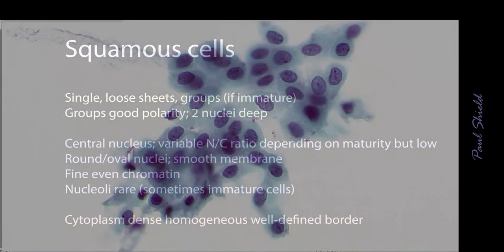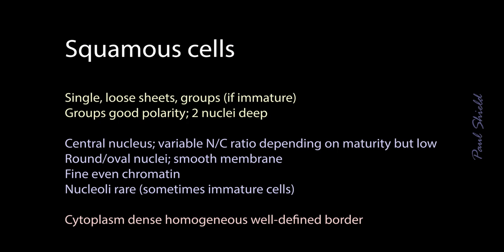So in summary, squamous cells are mainly single when they're mature, but they can form loose sheets and groups, particularly if they're immature. The cells in those groups usually have quite good polarity. We'll talk about that more in later clips. They are usually pretty flat, by which I mean not having much depth of focus. And classic squamous features are a centrally placed nucleus in a round,